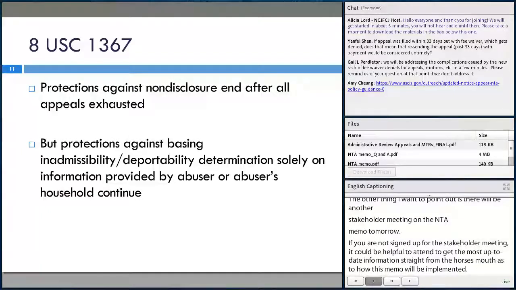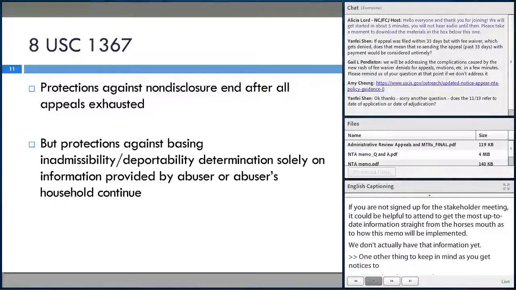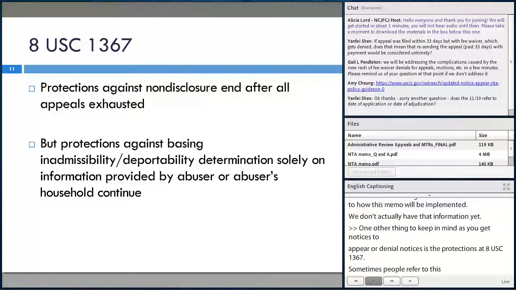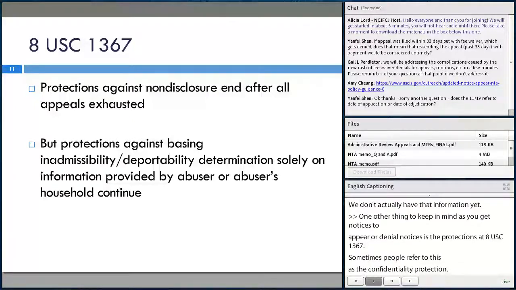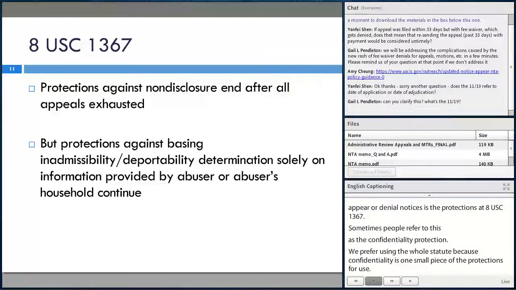All right. And then one other thing to keep in mind as you are getting notices to appear, as you're getting denial notices, is the protections at 8 U.S.C. 1367. Sometimes people refer to this by shorthand as the VAWA confidentiality protections. We prefer using the whole statute just because confidentiality is just one small piece of the protections for VAWA's, T's and U's. So, for example, if you are getting a denial notice where it looks like USCIS has obtained derogatory information from the abuser and is using it against your client, we would argue that that's a violation of 8 U.S.C. 1367. And even though protections against non-disclosure of confidential information end after all the appeals are exhausted, if they're using that to issue